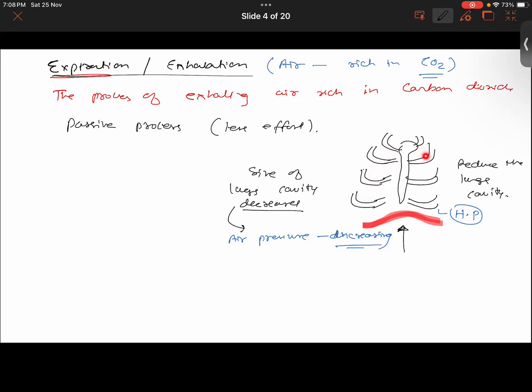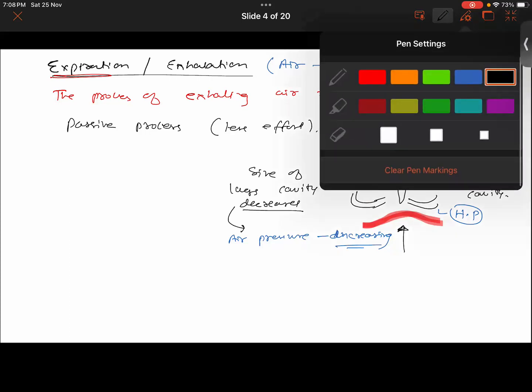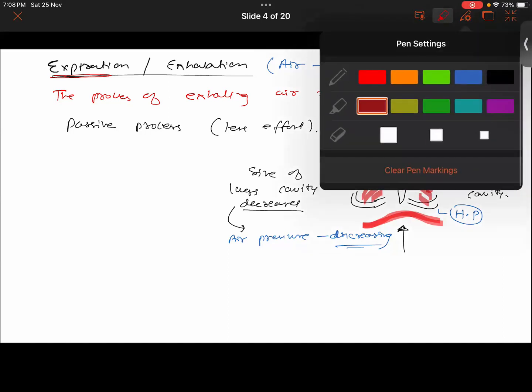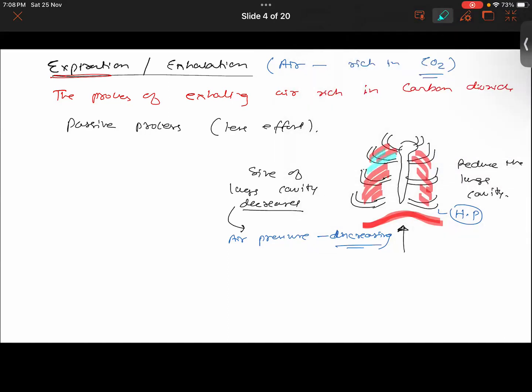The intercostal muscles will relax here, right? Yes, sir. Now, there are two sets of intercostal muscles. One is outside the rib cage, and one is inside the rib cage. Outside and inside as well. So the first thing we get to know is that the external